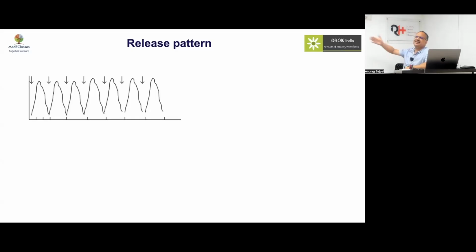Hormones have a typical release pattern which varies depending upon various scenarios. So you can have pulsatile hormones. The classical example of pulsatile hormones is growth hormone. You can also have pulsatility with prolactin, LH, FSH, cortisol, and testosterone. Now, the main implication of pulsatility is that if you do levels and the levels are low, that does not